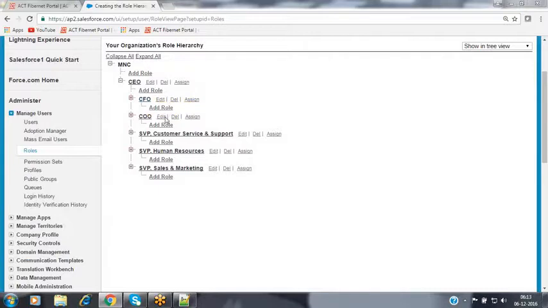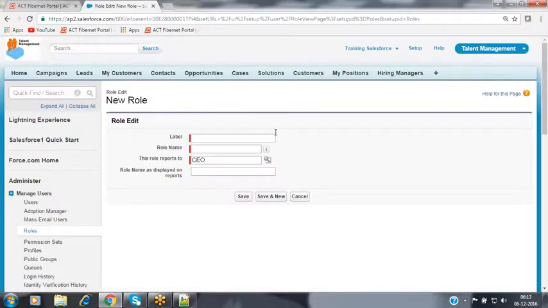So then, how can we create our own role? Now let's see practically here. Inside the CEO, along with the CFO and the COO, I want one more role. For that, inside the CEO, we have the add role link in order to create a new role. Click on add role. Specify the label of that role, with which name you want to create it. I'm specifying the role name as CTO.